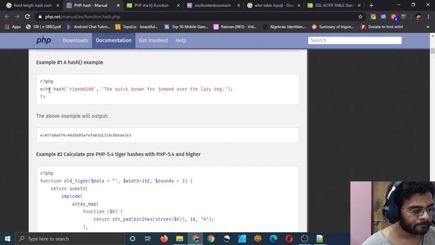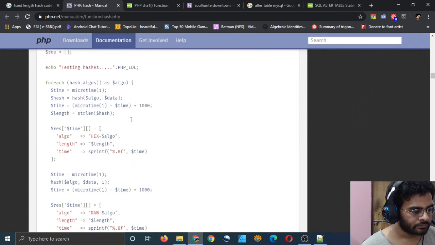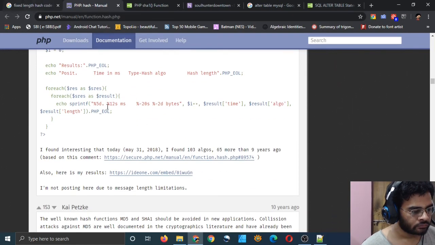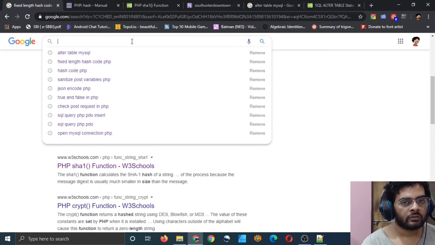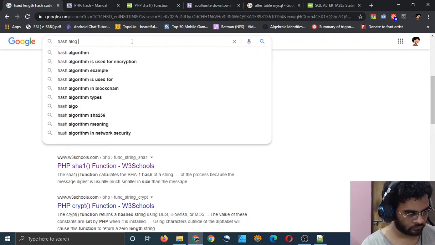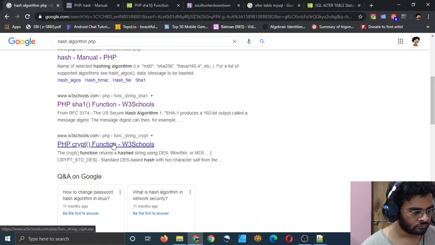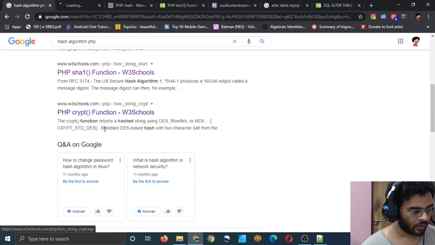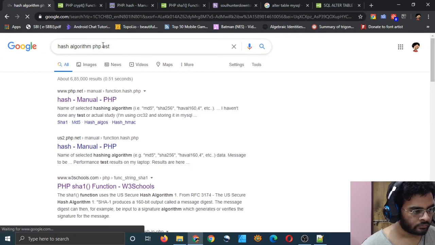I can use this command, or let me get some counsel from the internet to decide which hashing algorithm is the best. There is a crypt function.